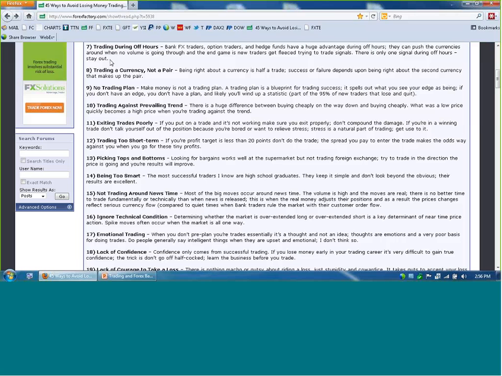So that's the difference. But demos in general should not be used to simulate real trading results, because the fact is, when you trade for real, you trade differently than you do in a demo. And plus the demo gives you some advantages that are not going to be there later on, so you can develop some really bad habits from a demo.